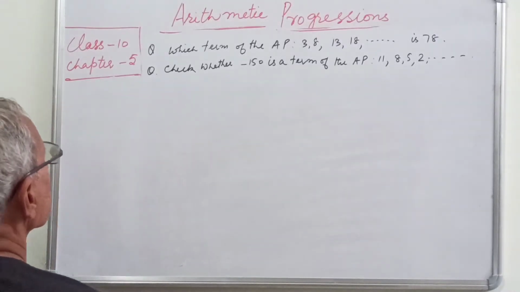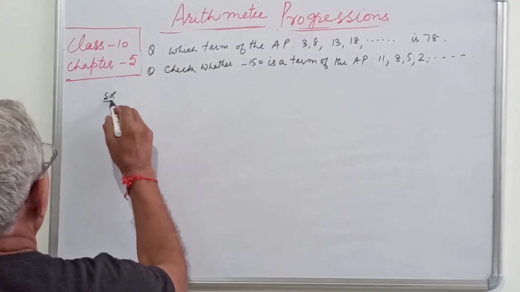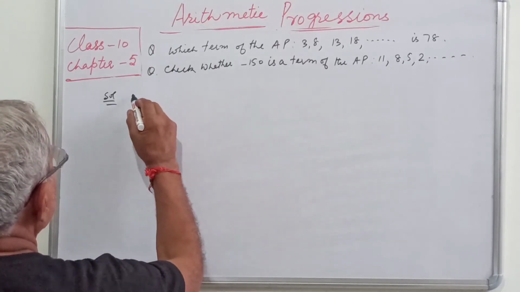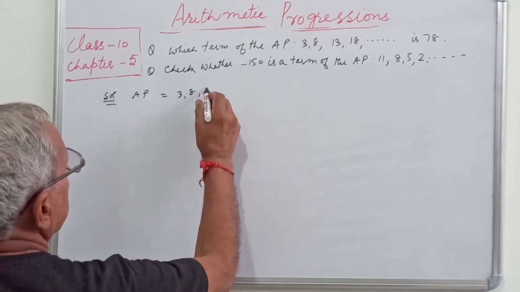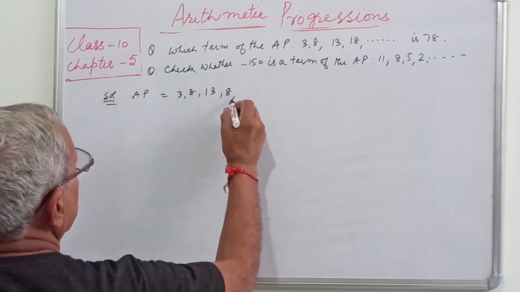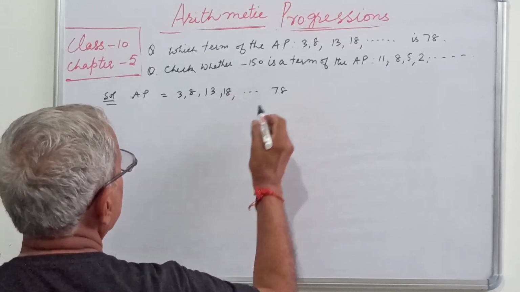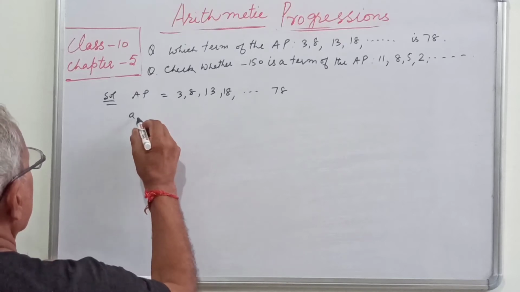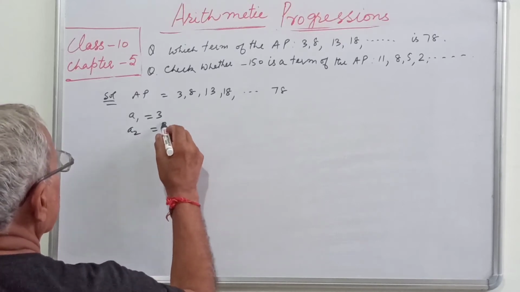So let us take the first question. The given AP is 3, 8, 13, 18, 78. So A1 is 3, A2 is 8,